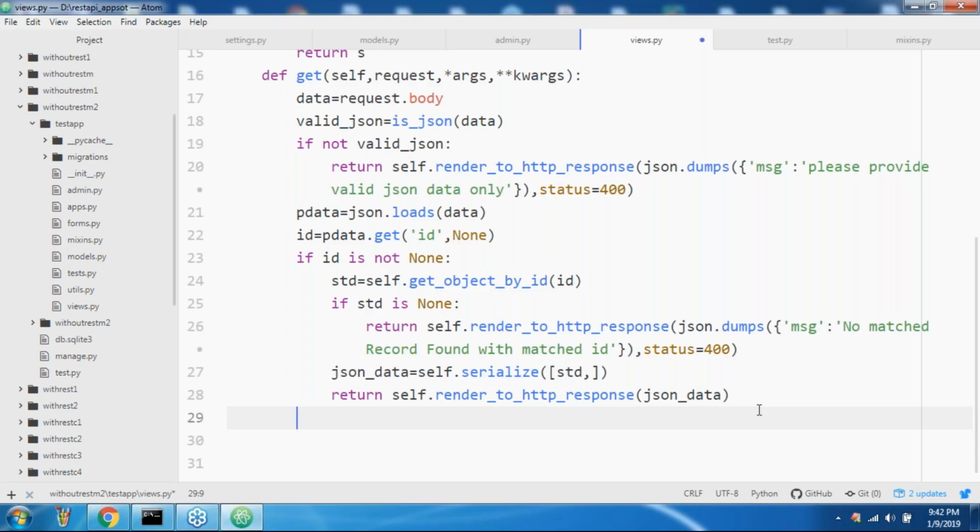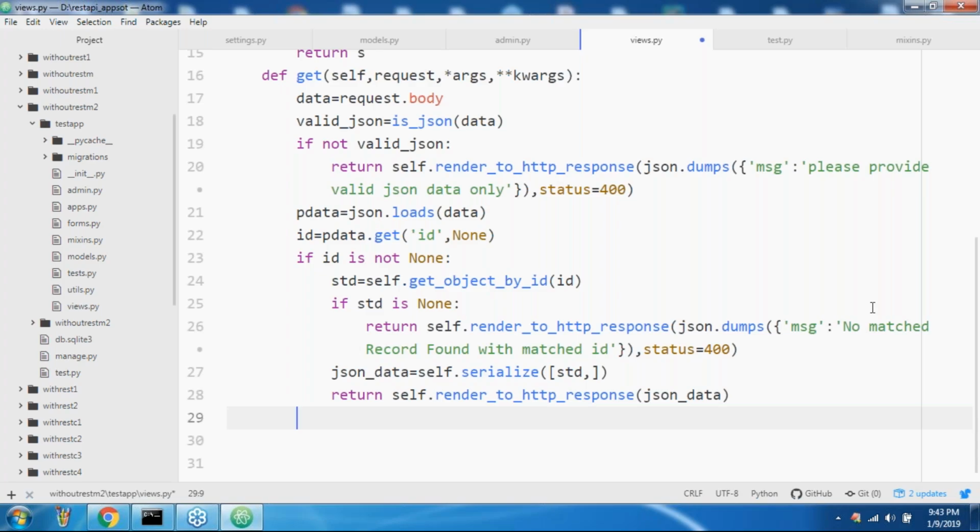If ID is none, that means the partner application didn't send any ID. If he is not sending any ID, then which response do I have to provide? We have to provide all students' information.